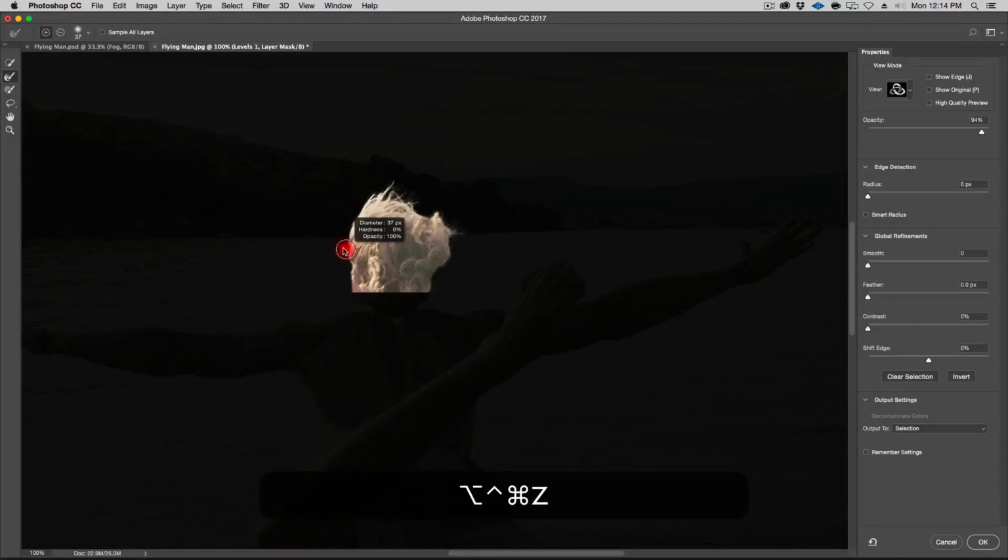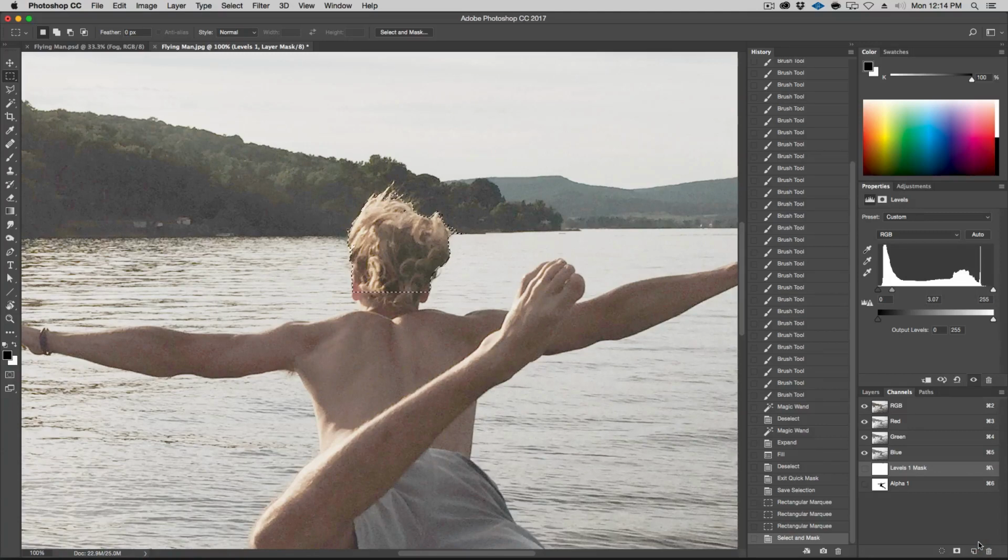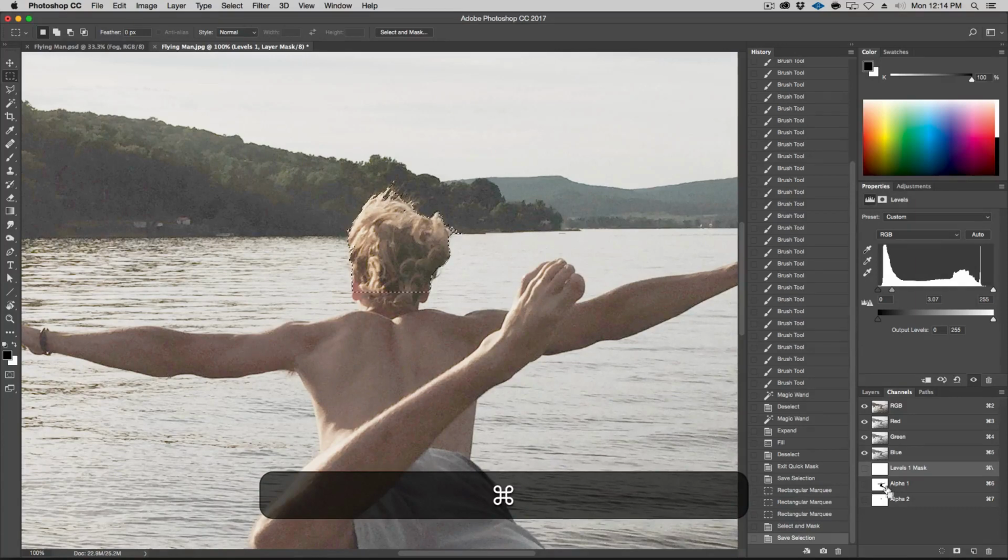Oh, undo that. Just a little bit around. All right, something like this. Doesn't matter if it goes in here because we're going to add this selection. Okay, something like that, and we're good. Hit OK. So now I have two masks, and what I'm going to do is hold Command to load this mask, but I'm going to hold Shift, which means it's going to add. All right. So when I do that, it added that.